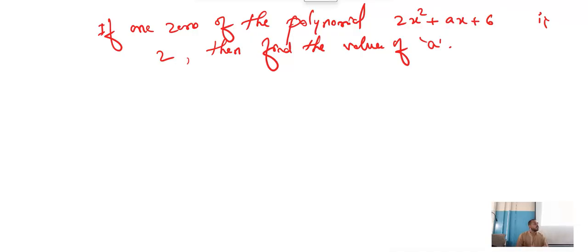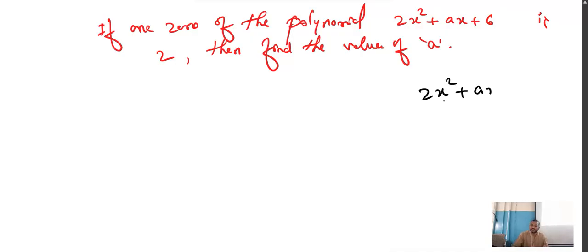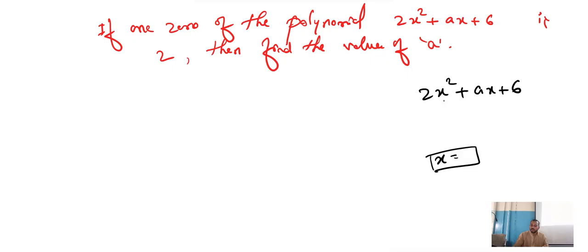a. Now in this, as we know that whenever we solve this expression, we get two answers, right? The first answer is one zero and the second answer is the other zero. Actually here they are not asking you to find the two zeros. One zero they have given, they are asking for the other. Actually they are asking to find the unknown. So what we should do? One zero, the one answer, is 2, right?